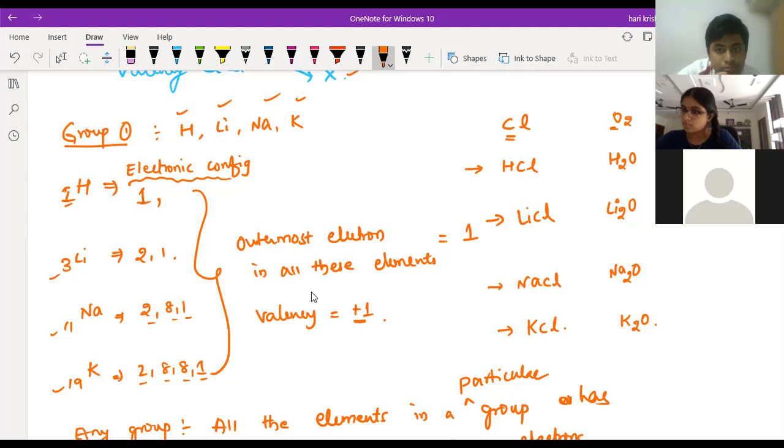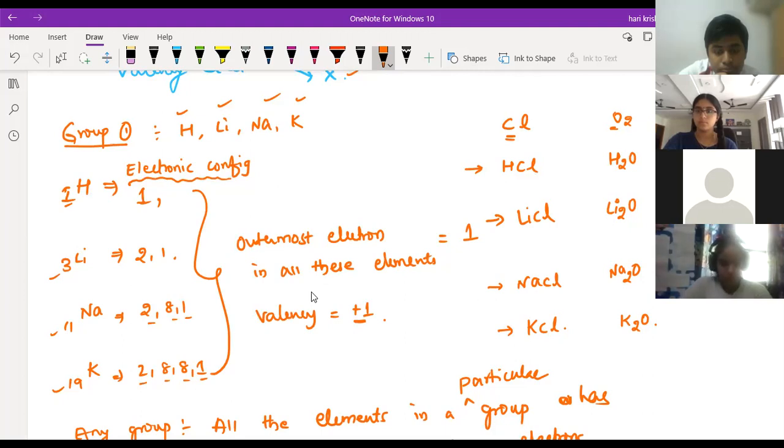Is there any doubt in the potassium electronic configuration? Up to 20, there is no doubt; after 20, there is another rule. I think I have given it in the class: K, L, M, N shells, so 2, 8, 8, 18, 2, 8, 18. Jivika and Pranav, you can turn on your videos. Pranav, your video is still not on.